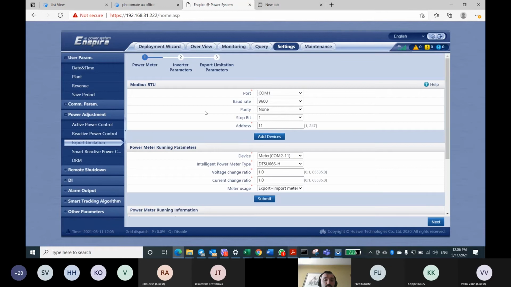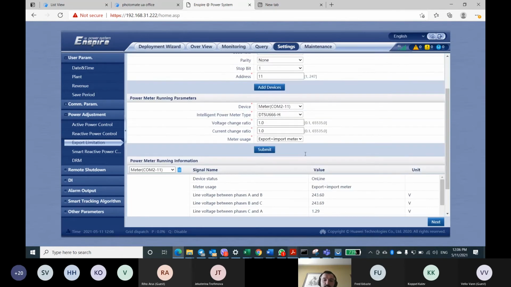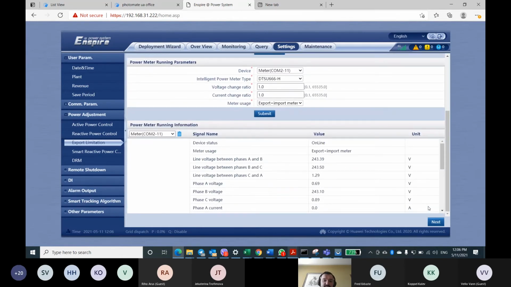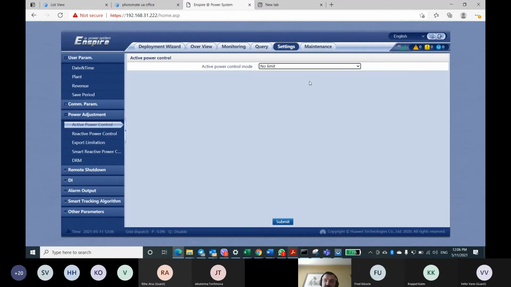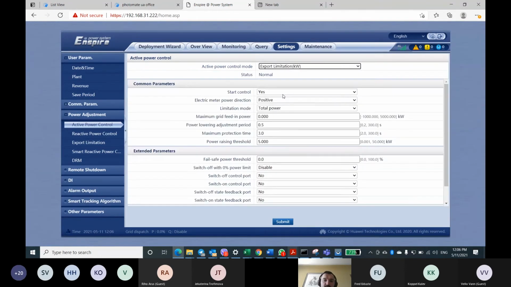We already connected the power meter, and let's assume that we connected the inverter as well. So you will just press next, and it will finally route you to active power control. Here, by default, it is no limit. It's the same as in Fusion Solar, but you need to choose export limitation.